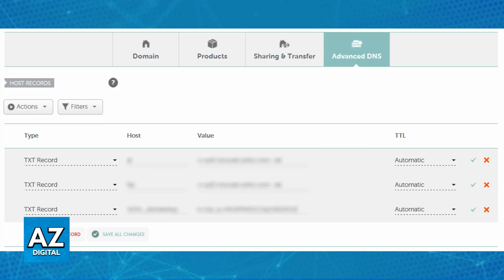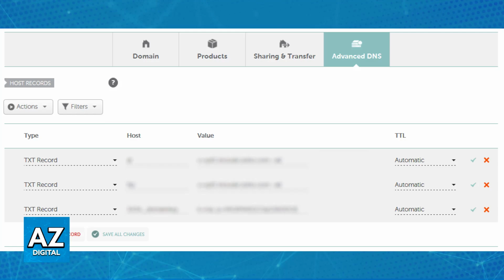So select that option, and now in the host field, enter the following depending on what you need. For a record at the domain root level, for example, to verify domain ownership, enter an @ so you will be able to use it to represent the root domain. For a record on a subdomain, enter the specific subdomain name, and in the value field, paste the TXT record value that you have obtained from the service that you are connecting with. Save all the changes and you will be good to go.